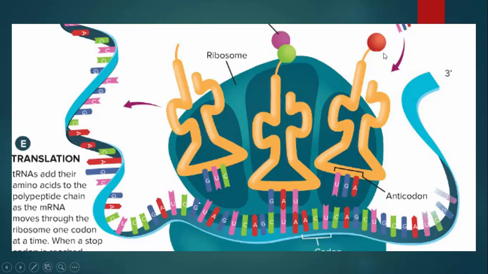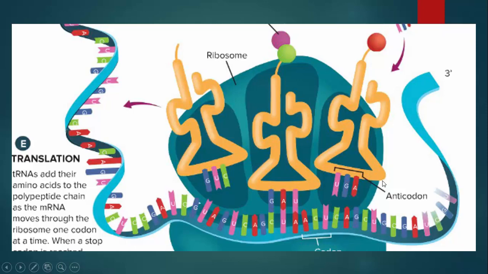So the tRNA brings in the amino acid, and these are these little bubble circles at the top. These are the codons, which pair with the anti-codons. So that's all there is to it. We can see this one right here. U is going to pair with A, G is going to pair with C, and A is going to pair with U. That is the anti-codon pairing up with the codon.